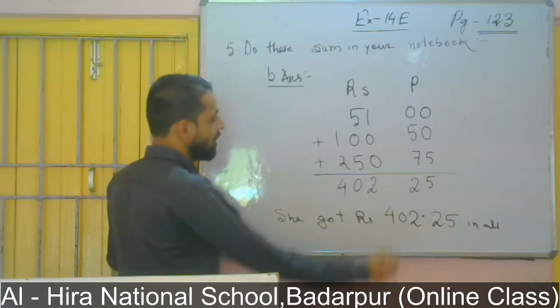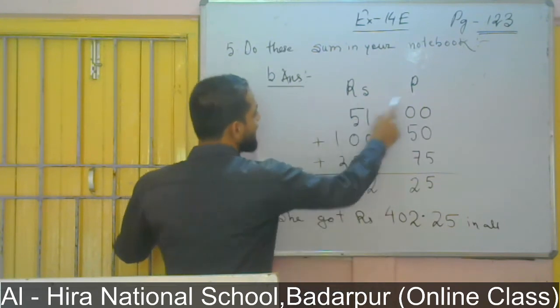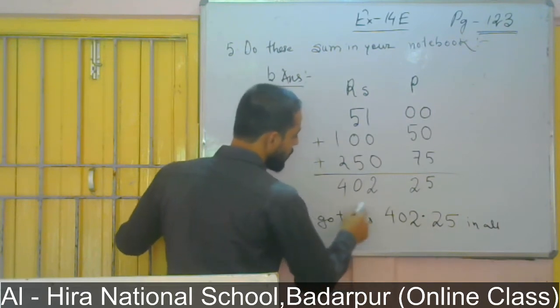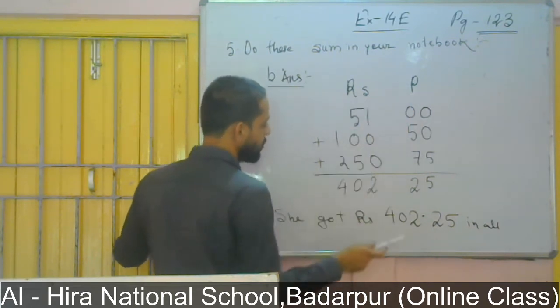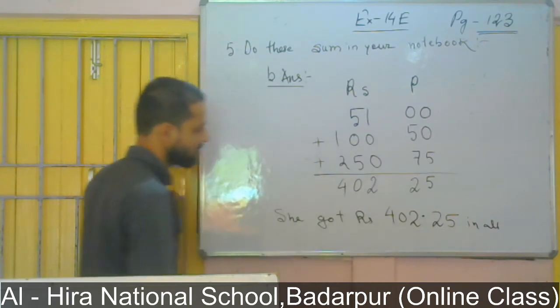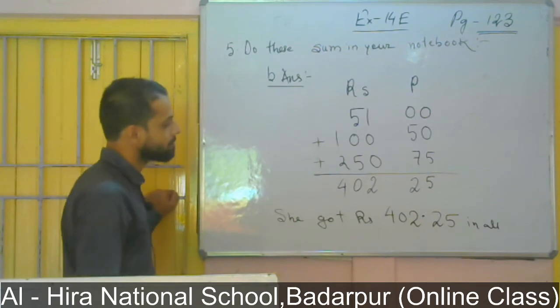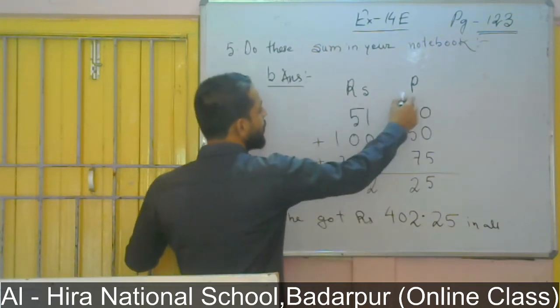It is because in this case we have divided the amount into rupees and paise, but here we have written it in the form of rupees only. Here 2 units are there, rupees and paise. Here only 1 unit. So that is why the decimal point comes here. Understood what I said? Here you can see 2 units, rupees and paise.